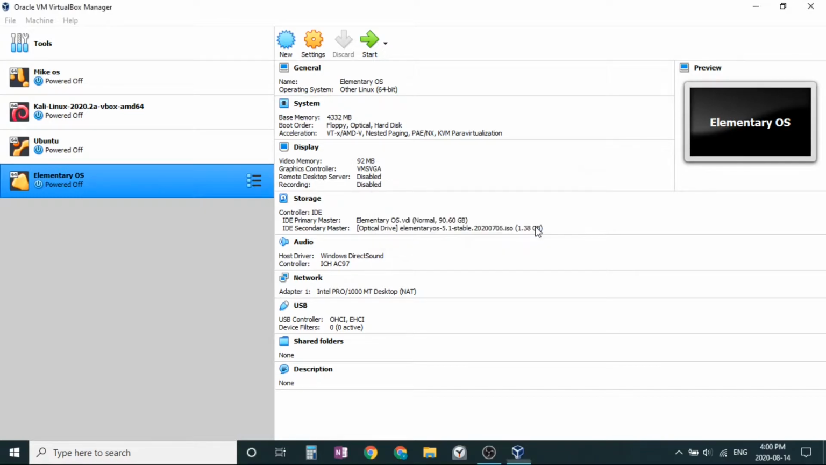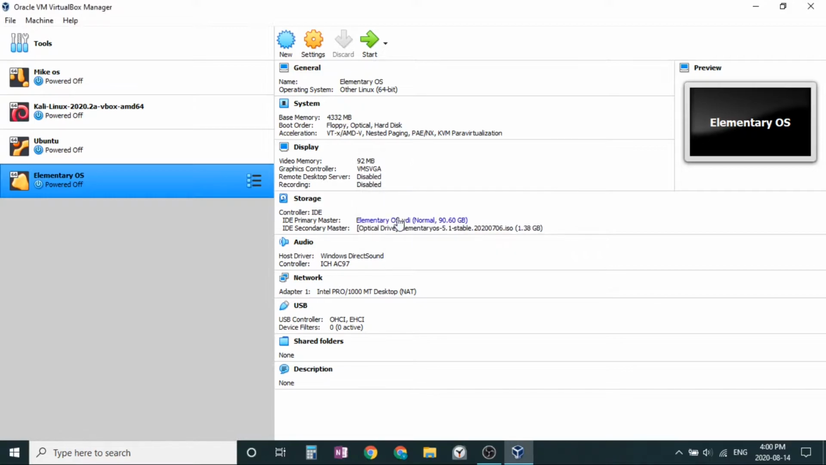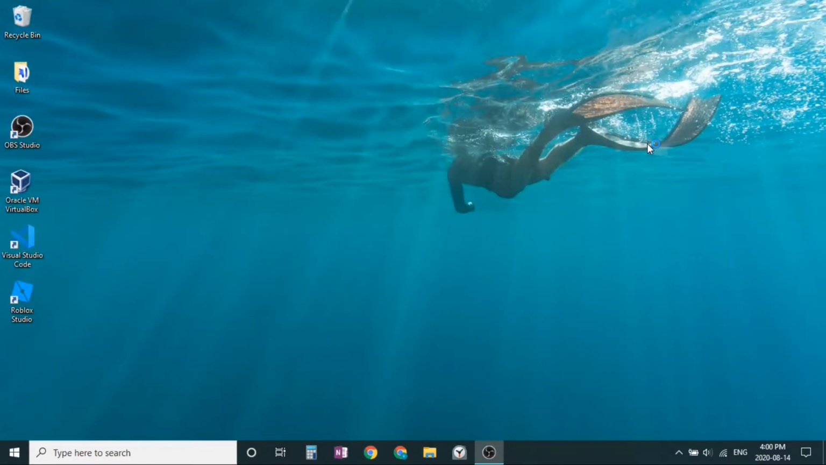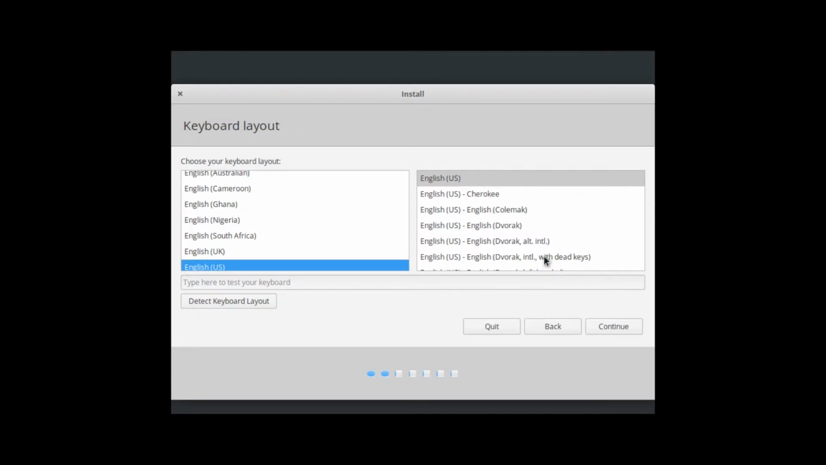So set it to 92 megabytes. I found that works for me. Yeah, and we're gonna run it. Also, I'm just gonna close VirtualBox. So now what you want to do is select Install Elementary. I don't think there is a need to try Elementary OS because we're just going to review it after it is installed. So select your keyboard layout,